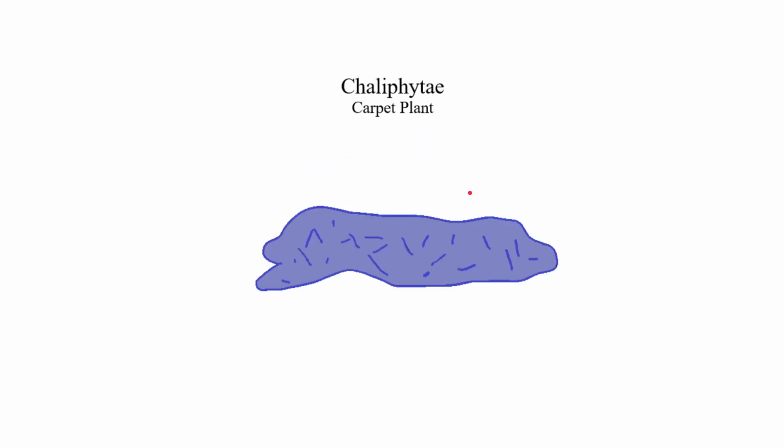Next, we have the Schalophydae, also called the carpet plant. It is similar to Earth's lichen or mosses and comprises much of the terrestrial biomass, as it can asexually reproduce as long as two or more of its long, fibrous, blade-like tendrils are touching. This and the fact that the tendrils are packed closely together leads to a high population density, as well as the ability to make exponentially more offspring.